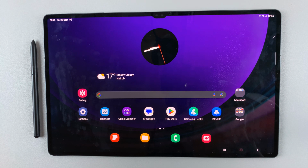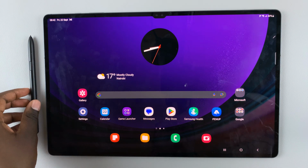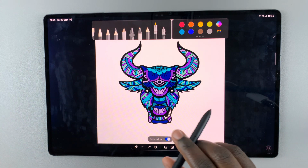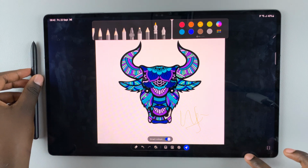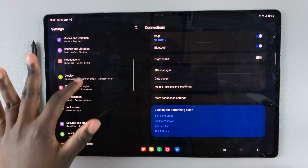In today's video, I'll be showing you how to mute the S Pen on your Samsung Galaxy S9 tablet. So you'll notice that whenever you go to use the S Pen, it produces a sound. Now, if you're tired of that sound, all you need to do is open Settings, and under Settings, scroll down